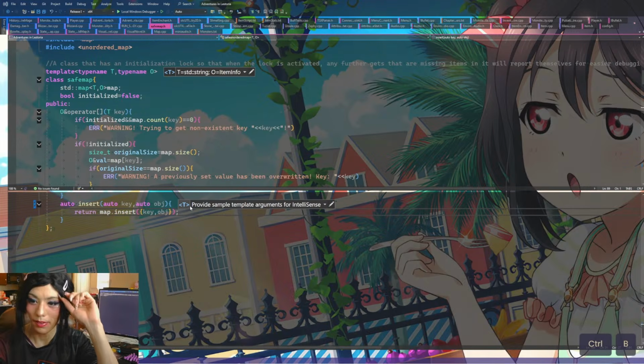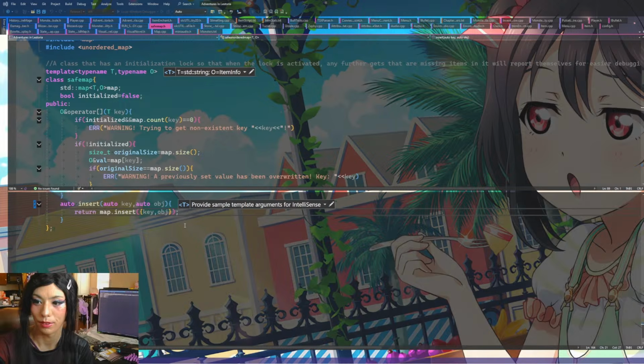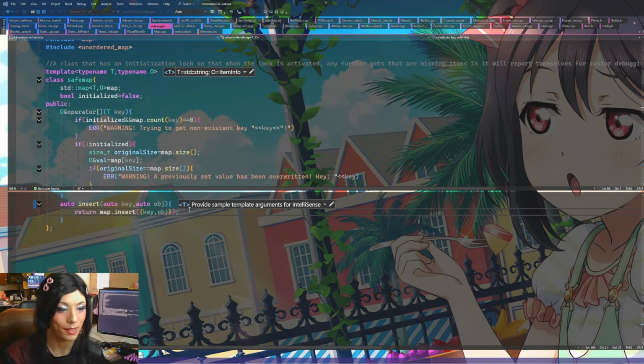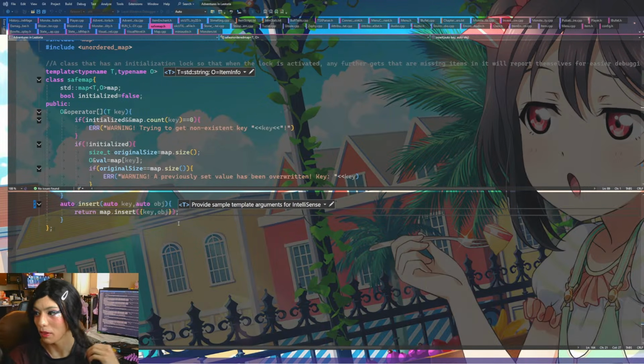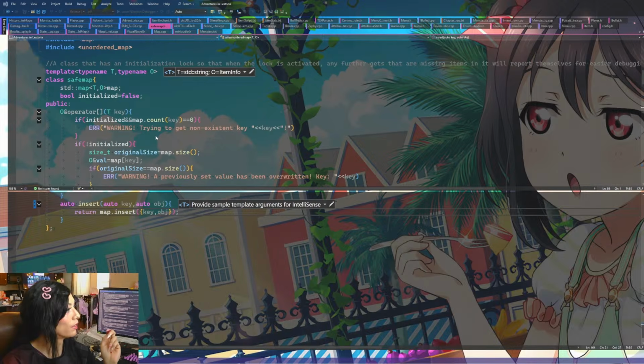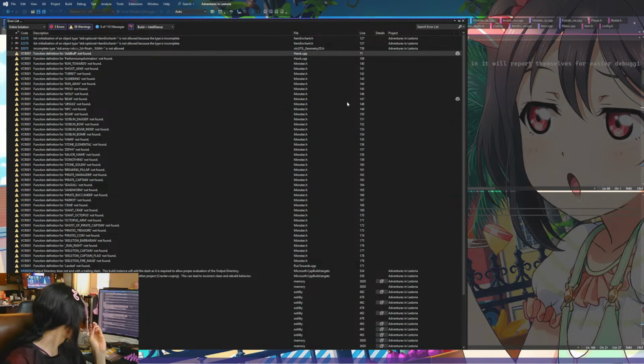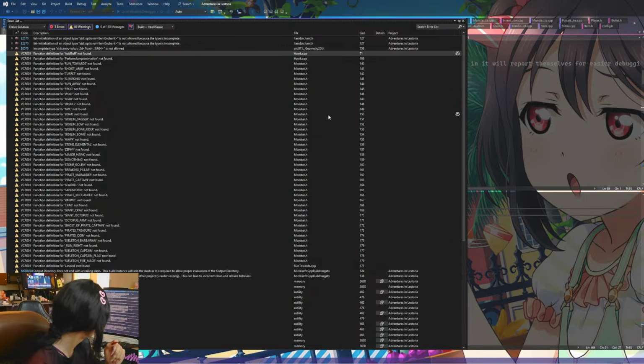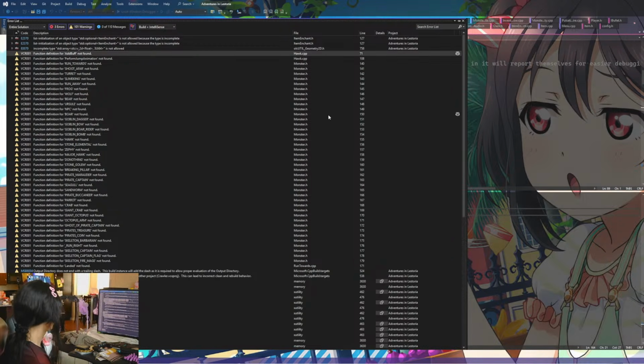I wonder how that will resolve. I feel like every time I run into these template things, I just end up autoing everything every single time. Well, so far it's not being terrible.